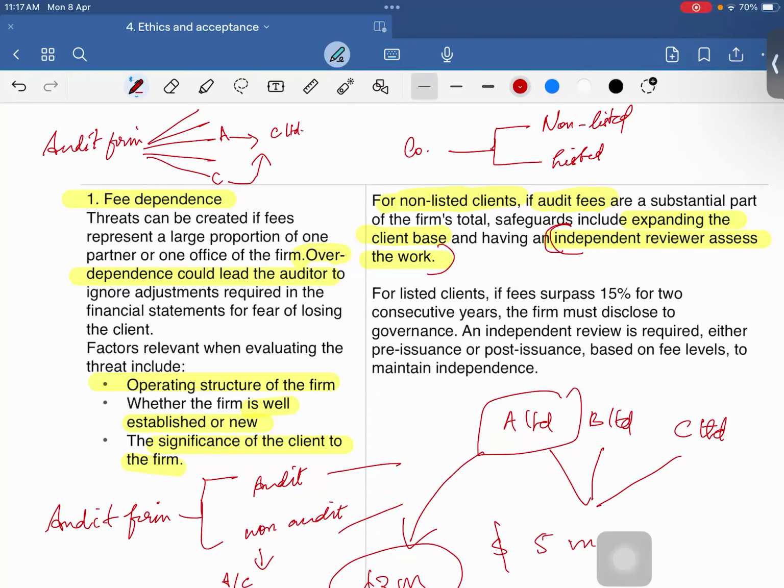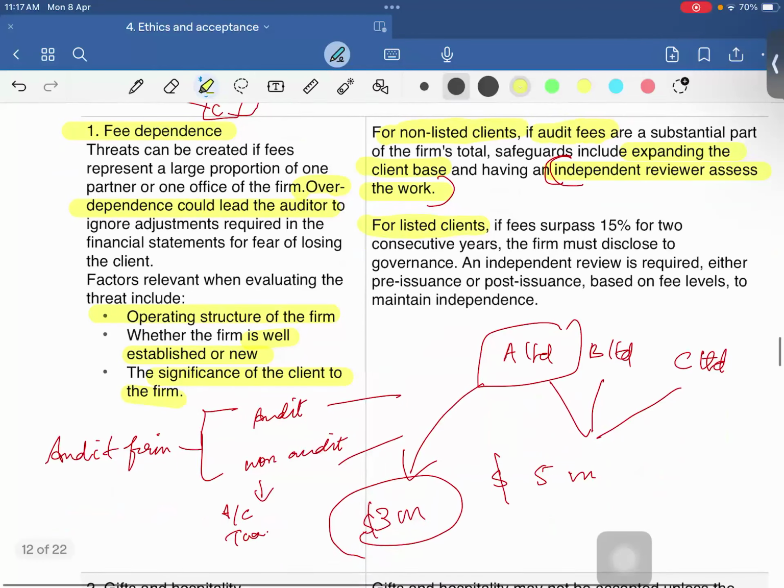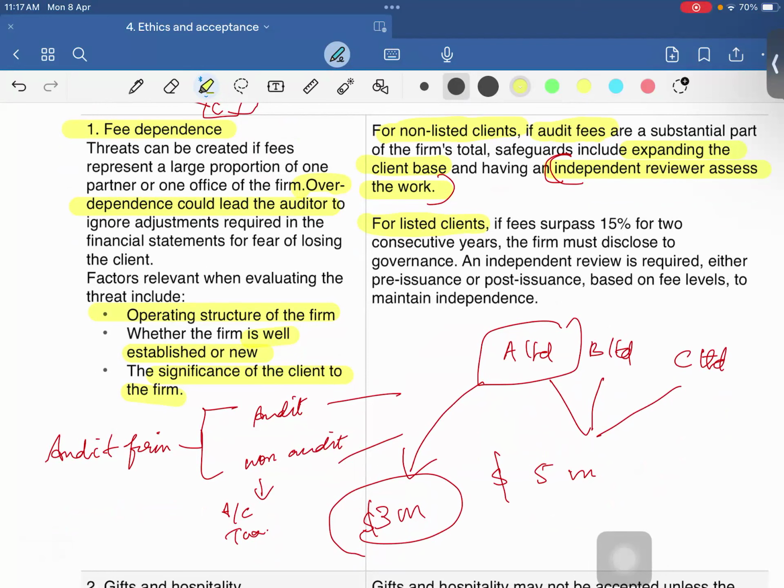This independent reviewer can be someone from a different team, or the audit firm can hire someone from outside, especially to conduct the review. Now, for listed clients, the safeguard is that the firm should not get fees above 15 percent of their total revenue. So if A Limited has more than 15 percent of the revenue of the audit firm, then the audit firm shouldn't take A, or should lessen the fees. Now, if this 15 percent mark has been passed for 2 years,